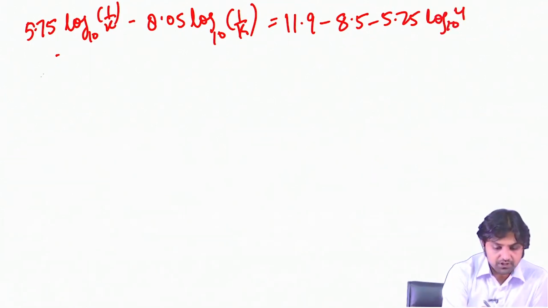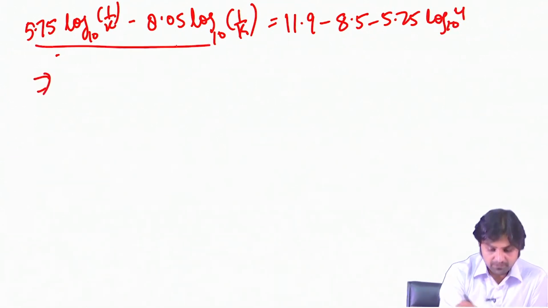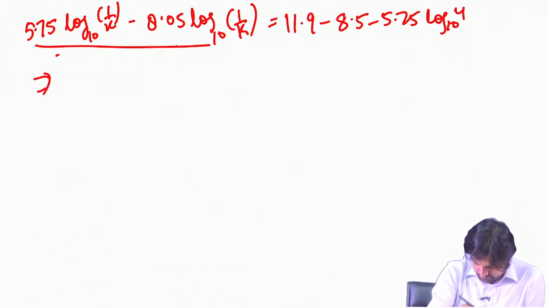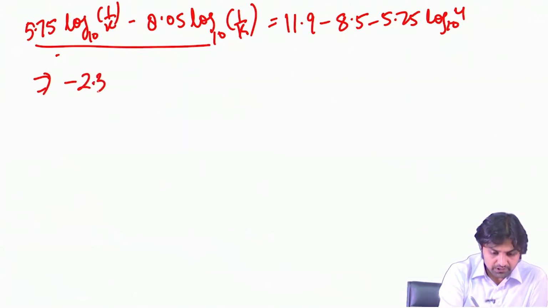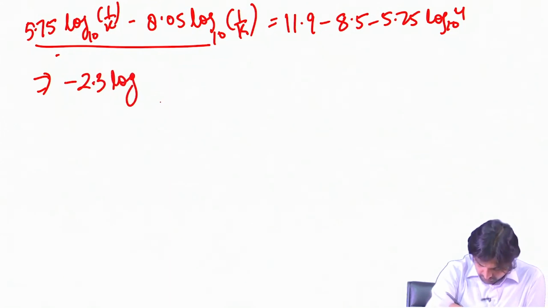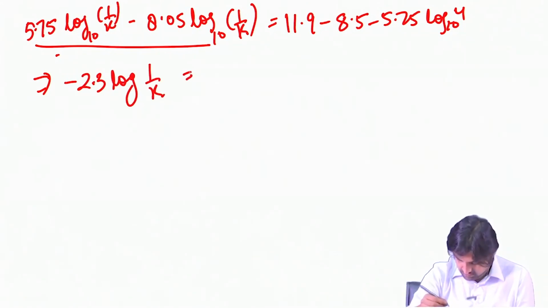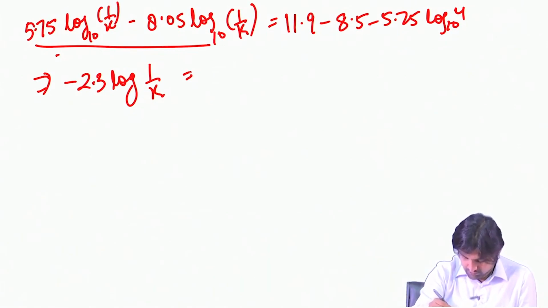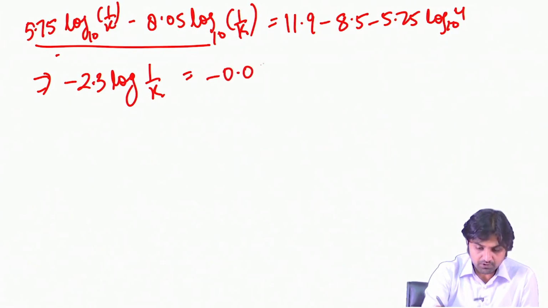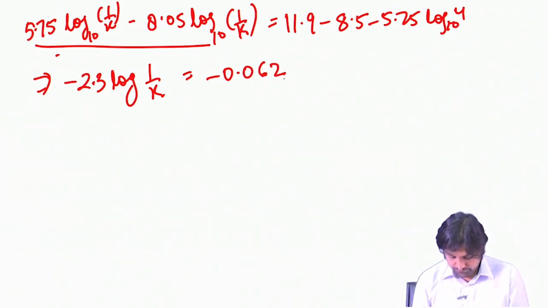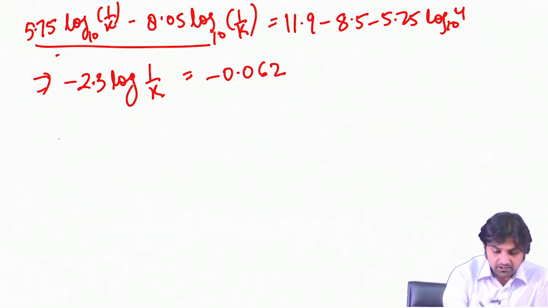So the left hand side will become minus 2.3 log 1 by k is equal to minus 0.062, and therefore